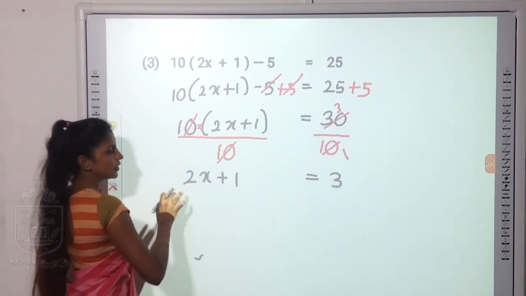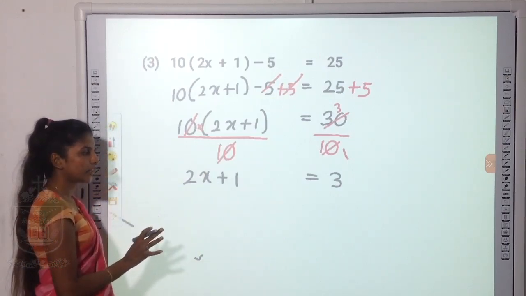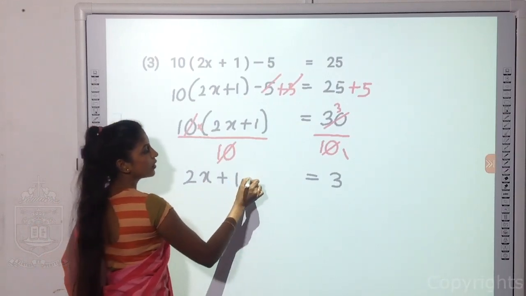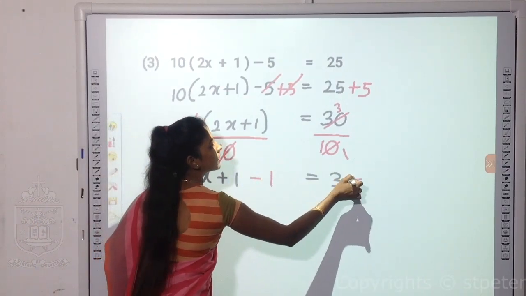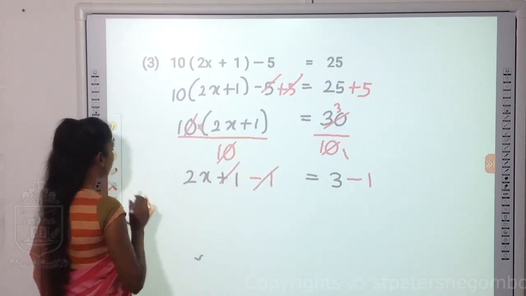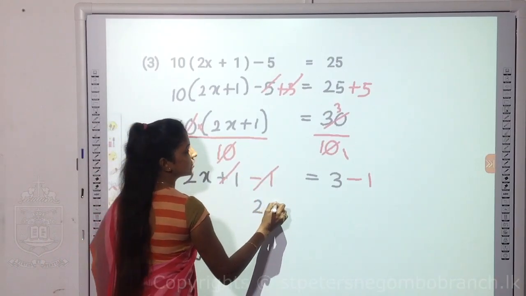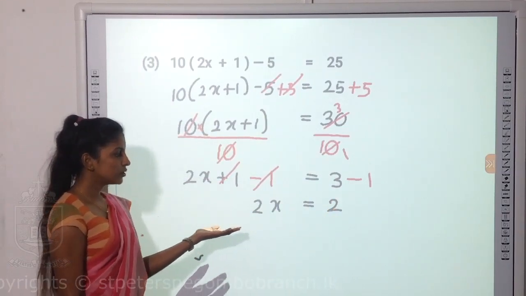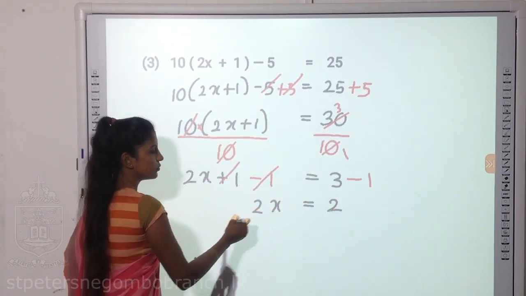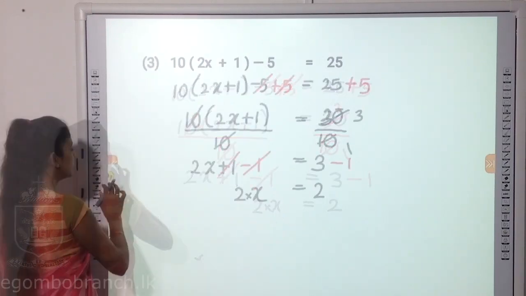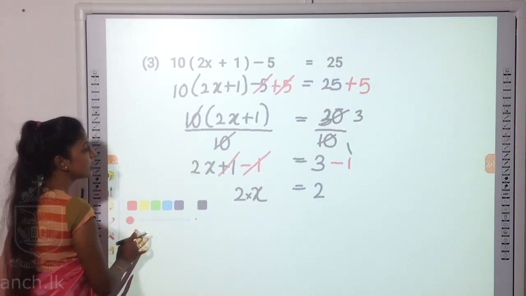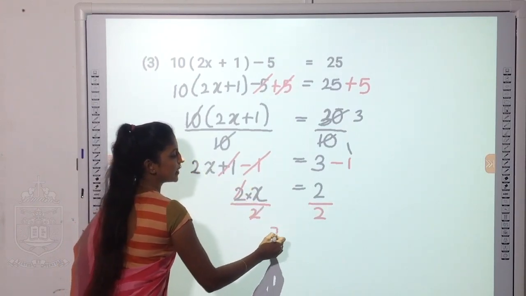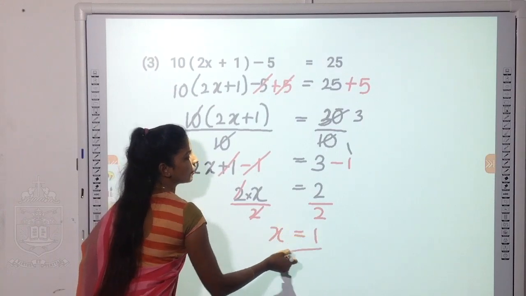And next step is to, now this is a linear equation, even you don't have fractions, brackets. Bracket is also removed, and plus 1 means opposite is minus 1, right, and 1 removed. So what is remaining? 2x equals 3 minus 1, answer is 2. So what is here now? 2 into x. So opposite of multiplication is division. So you can divide both sides by 2, right? 2 will be cancelled and we will get the answer for x as 1.